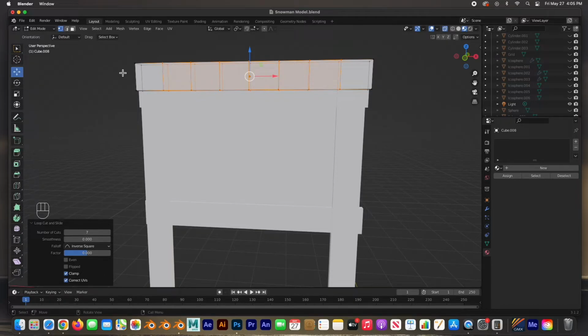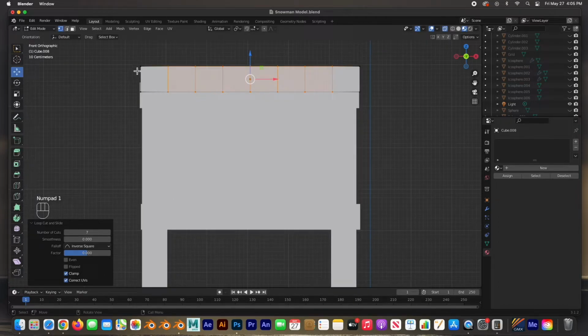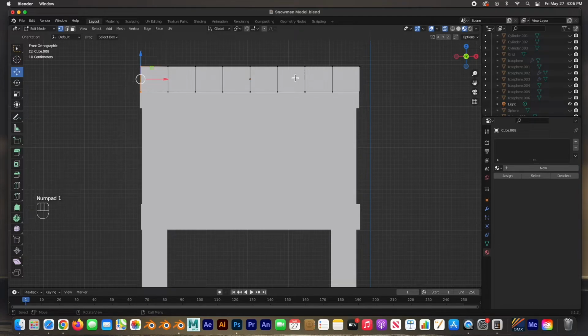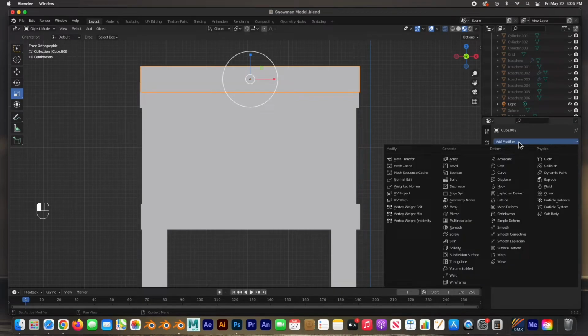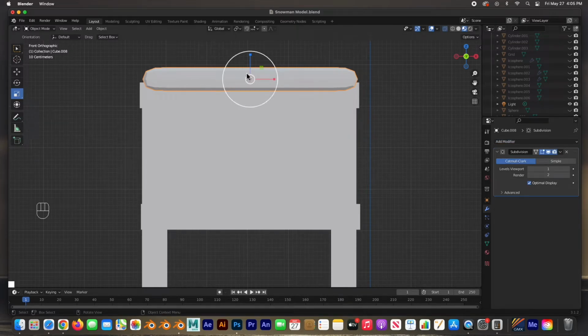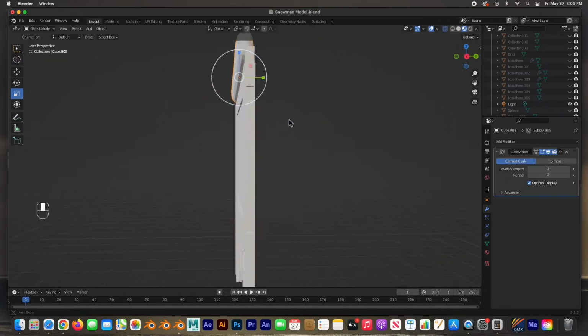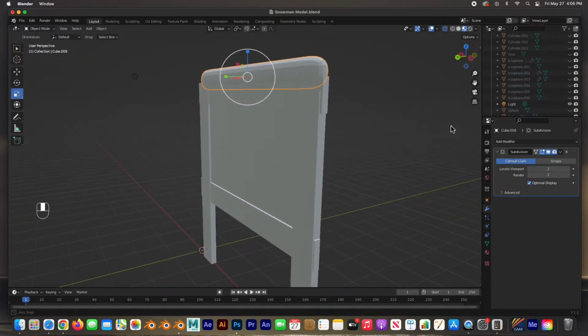So let me go ahead and hit number 1, and I am going to go to object mode, and in object mode go to the modifiers tab. We're going to add a modifier, and it's going to be the subdivision surface modifier, and you see it round off right there. Let's crank it to 2, and it's a little bit rounder,